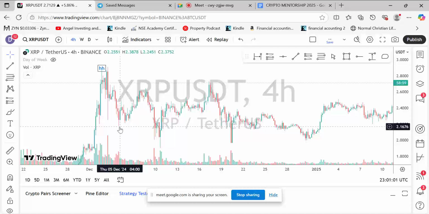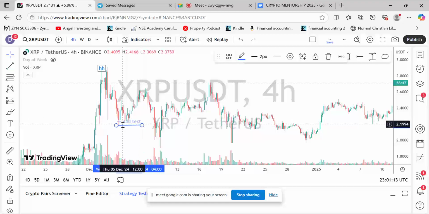Now when they push the market down, we don't know what this low will be. You cannot know whether, with this low, we are still in an uptrend or a downtrend. I don't know. So this low is not confirmed, and if you go and buy this, you are at risk. For you to confirm that this low is a higher low, for you to confirm that we are still in an uptrend,